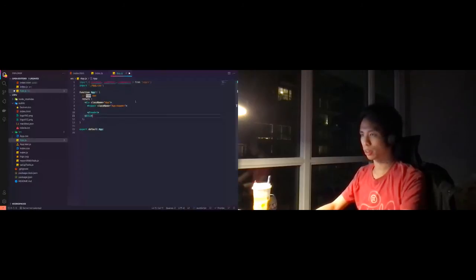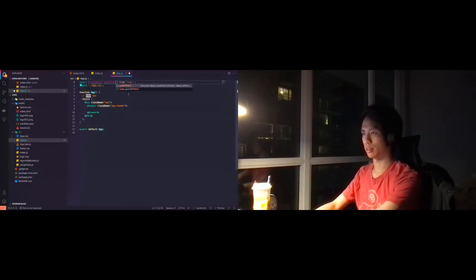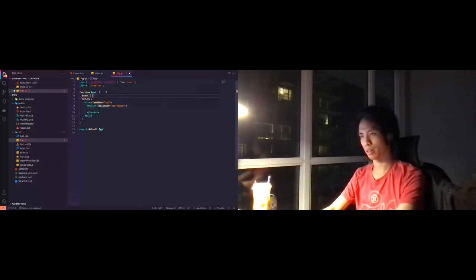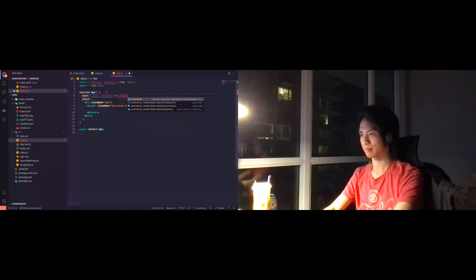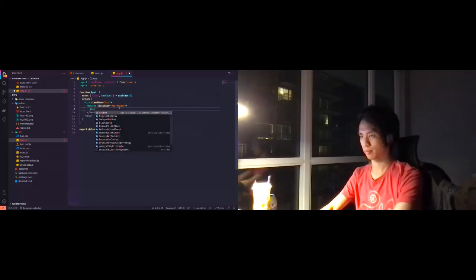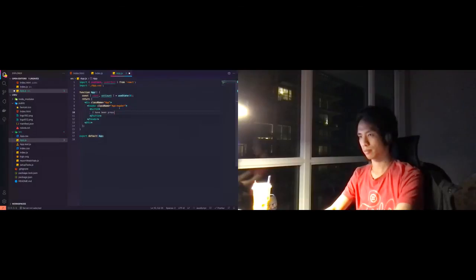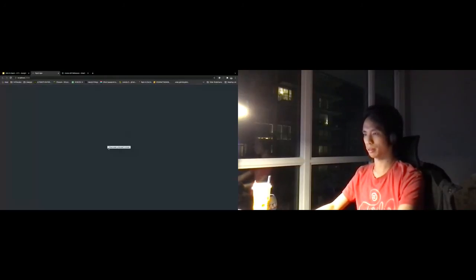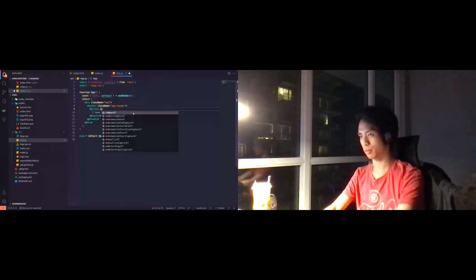So in here, let's talk about these two. And let's create the thing that we saw before, count. The use count thing. Bada bam. There we go. And of course, we have to add in an event handler. So on